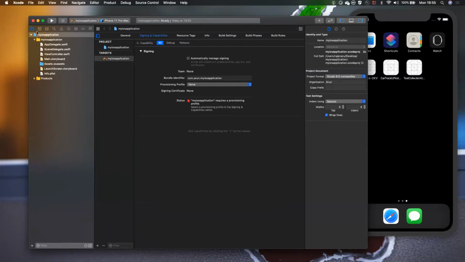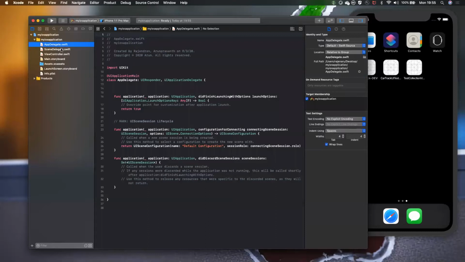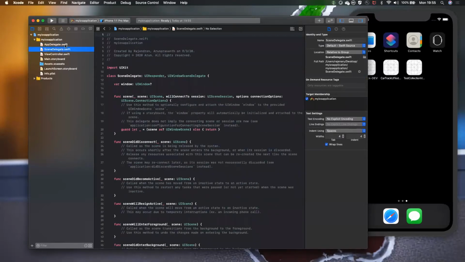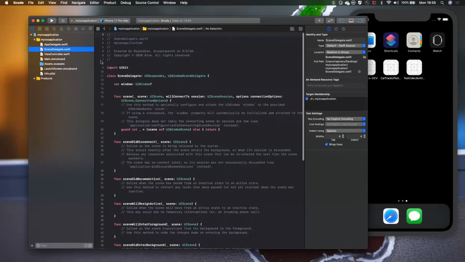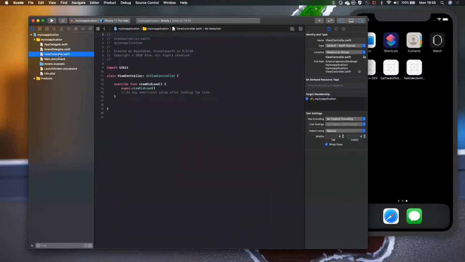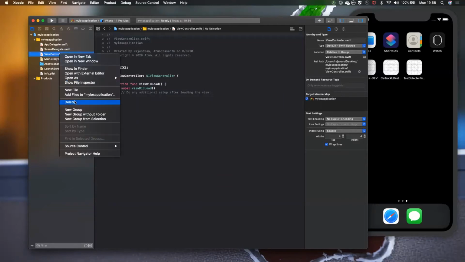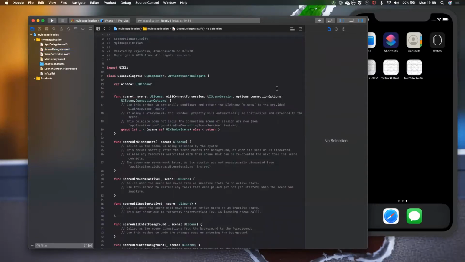And the next thing is like, on the left side, you can see the project structure. So this will be the project name and this will be the default one. It will be created, app delegate, scene delegate. It will be available in all the applications you work on. But you don't need to worry about it for the basic application. And the second thing is like it will come up with the view controller. So we don't need this. I will delete this and I will create a new one. I'm just moving it to trash.